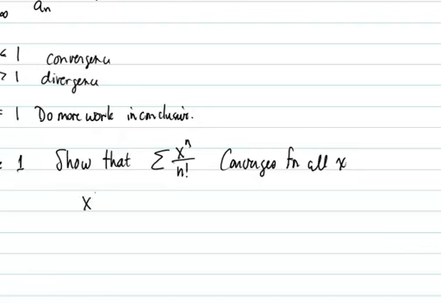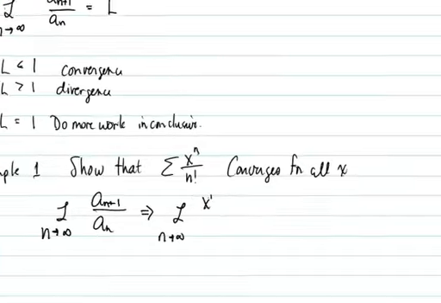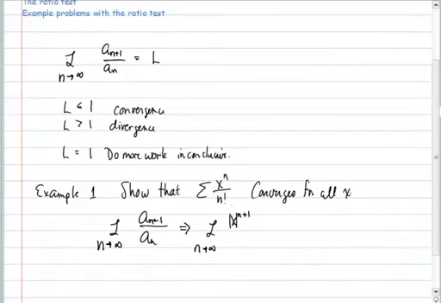So we'll start off by setting up the limit as n goes to infinity, and remember it's got to be a to the n plus 1 over a to the n, and what we'll get for that is the limit divided by